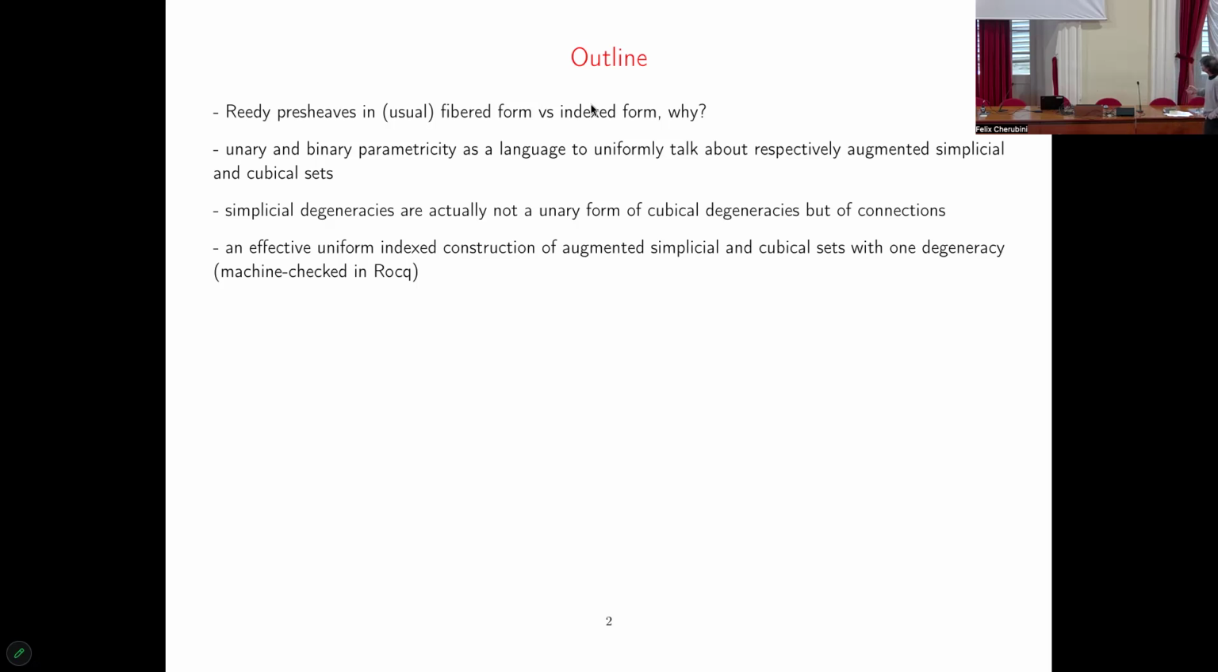The third point, an outcome of this work, is an observation that, contrary to what we might think at first, degeneracies in simplicial sets are not the same as degeneracies in cubical sets. Actually, the degeneracies of simplicial sets are the unary case of the connections, which was a bit surprising at first. I don't know if this has already been observed or not, but it's a new observation. Another point of the work is that this is fully formalized in the new software called